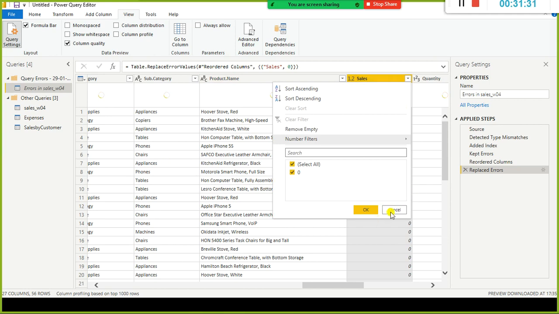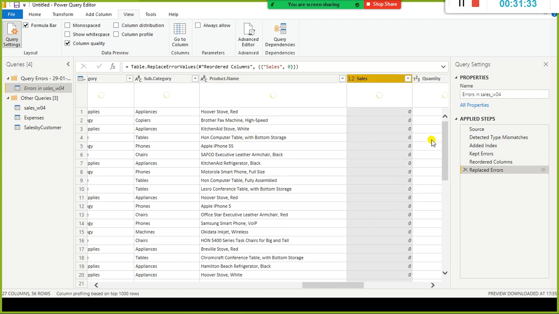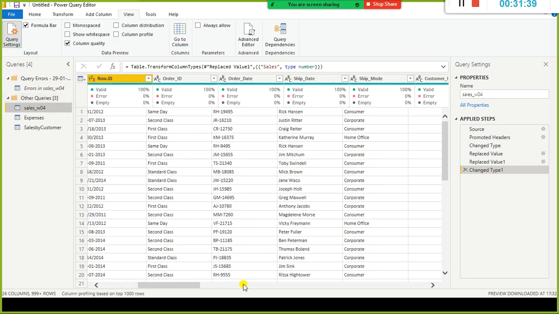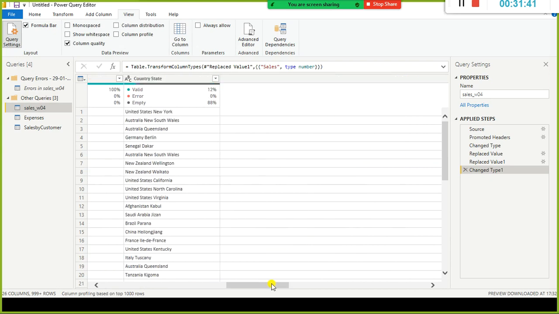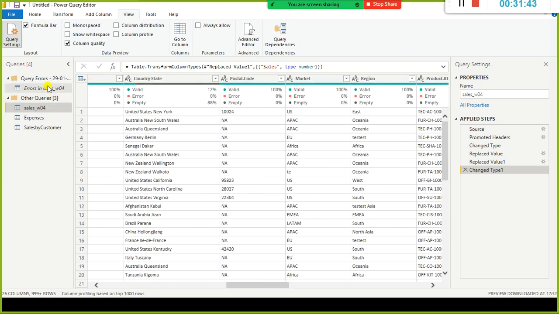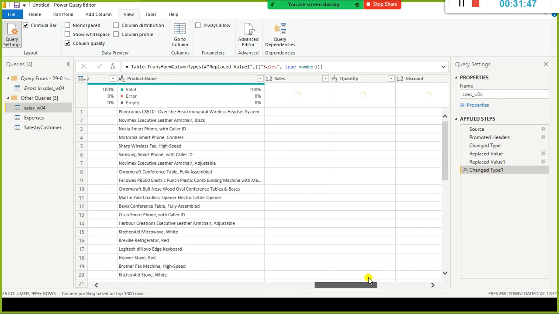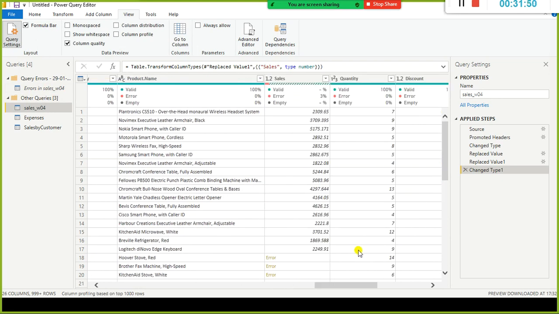Oh my God! So everything is error. Okay, that is there, and I just go here. This is errors in sales W04. Since I selected this one, it just shows me this error-related data only.